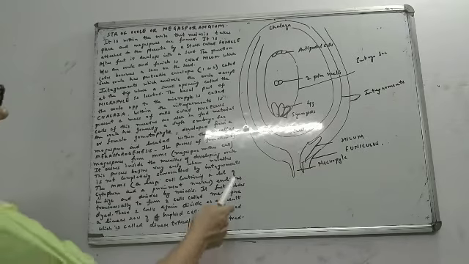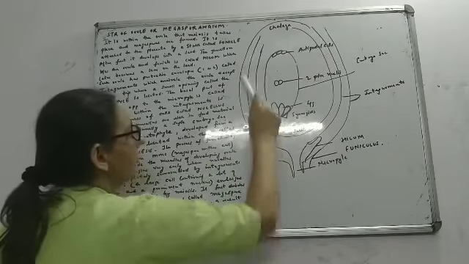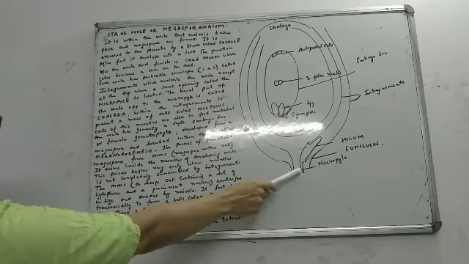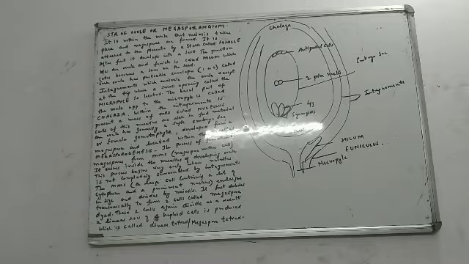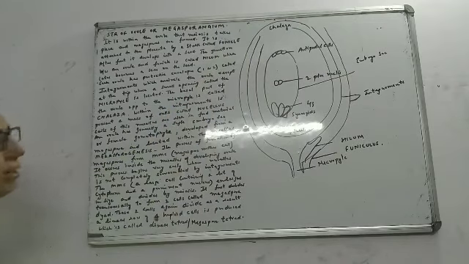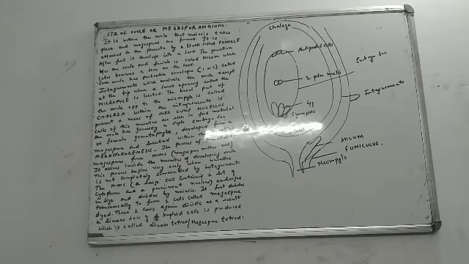If you can see this, the integuments are covering the entire surface except for this part where we have a small opening. This small opening is what we call the micropyle. Is it okay for everybody? Now the basal part of the ovule, just opposite to the micropyle, is the chalaza, C-H-A-L-A-Z-A. Is it okay for everybody?